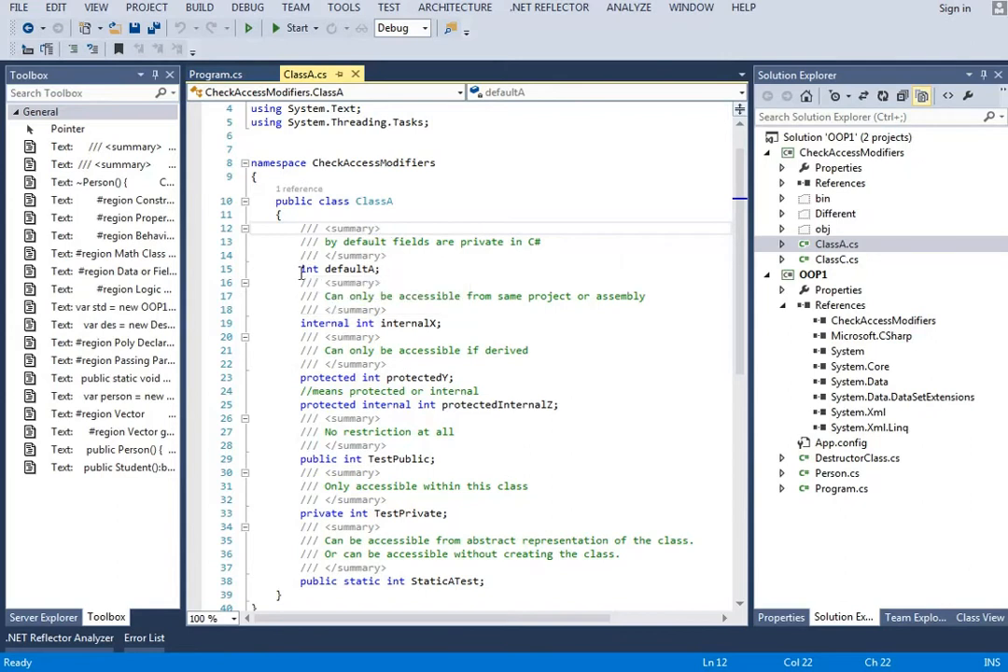A private member cannot be accessed outside of the class. So you have to be very careful about it. Whatever you declare with private or without any modifier cannot be accessed outside of the class. That's it. And if you have an internal, then it can be accessed inside the project or inside the assembly only. That's it. If you have a protected modifier, a protected member can only be accessible if you derive from it. It could be derived from